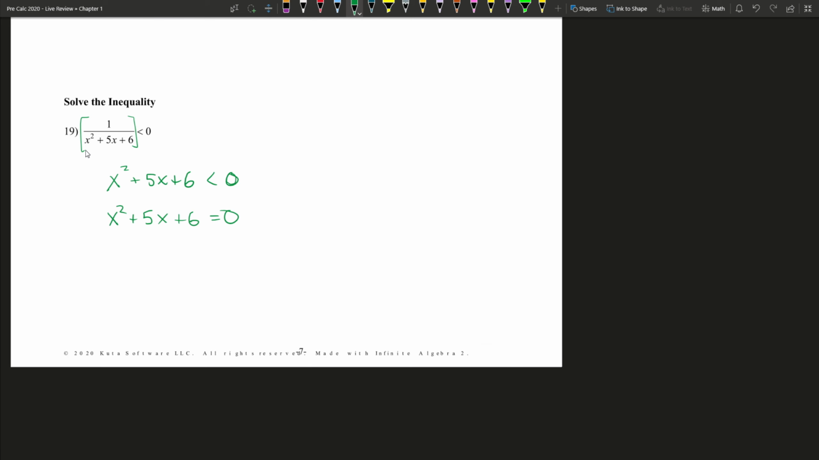Okay, so again, this numerator is always going to be positive. So we need values of x that make the denominator negative, which is less than 0. So we just solve this first. This is factorable like so. So we get those two zeros. All right, and then on a number line,